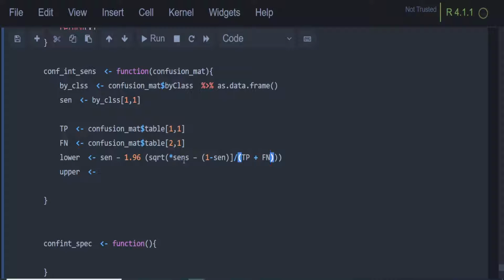We are not calculating predictive value positive, so this would be true positive plus false positive. But let me make sure that this works. R doesn't like brackets for multiplication, so I'm using this multiply sign, and maybe I can add a bracket here, and then let me make sure how the brackets are written. And this will be sensitivity, square root. So 1.96 sensitivity minus 1.96 times square root of sensitivity minus 1.19 sensitivity, and then divided